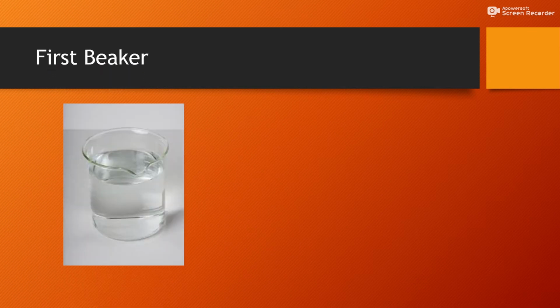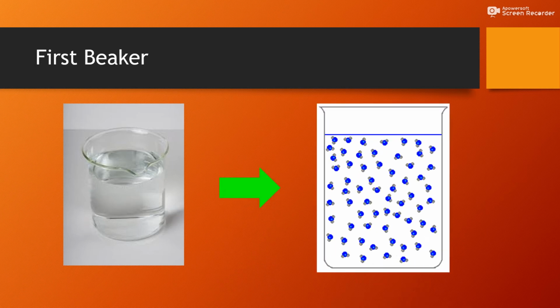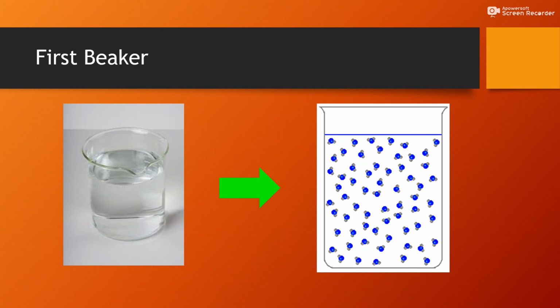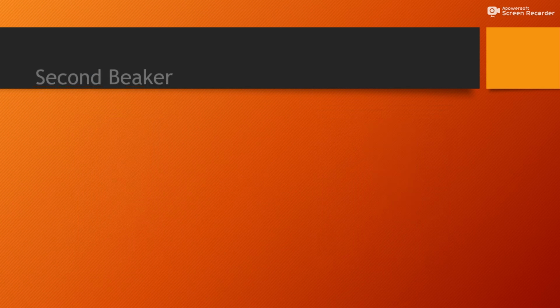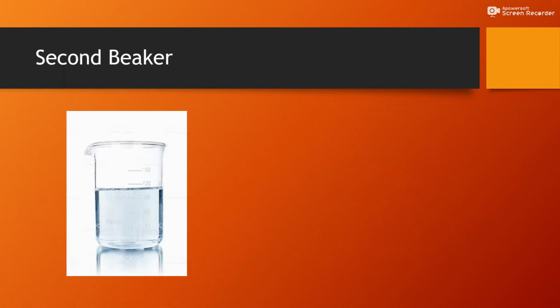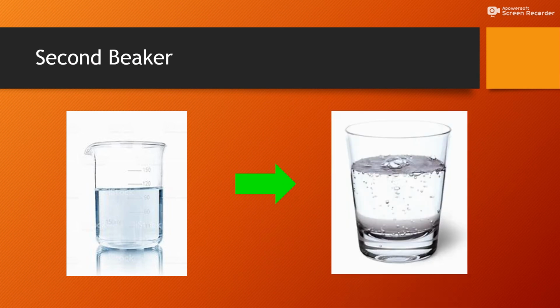In distilled water, the particles are too small to obstruct the path of the light beam. That's why we are not able to see the beam. Now we will move towards the next solution, that is the sugar solution, which is a homogeneous mixture, and that's why it follows the properties of the solvent once again. So we are not able to see the path of the light beam.